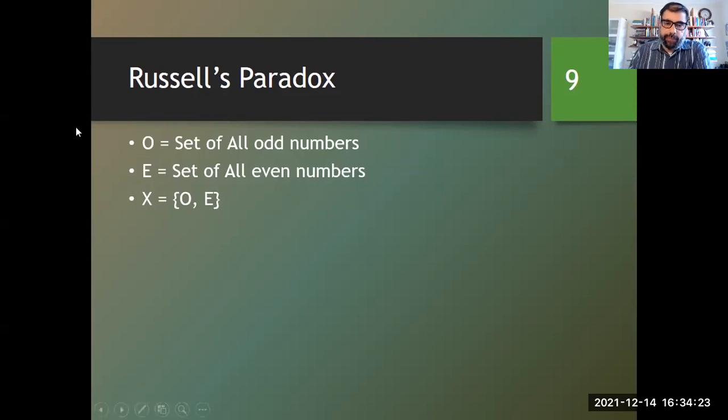O is an infinite set. बिल्कुल मैं एग्री करूंगा, क्योंकि there are infinitely many odd numbers, इसमें कोई शक नहीं है। O is an infinite set. E is also an infinite set because अगर मैं इनकी लिस्ट बनाना शुरू करूं इवन नंबर्स की 2, 4, 6, 8 और इस तरह से, तो वो लिस्ट कभी खत्म नहीं होगी।